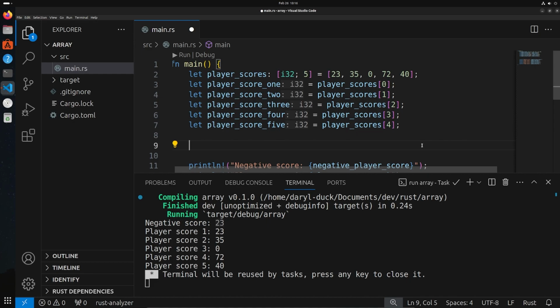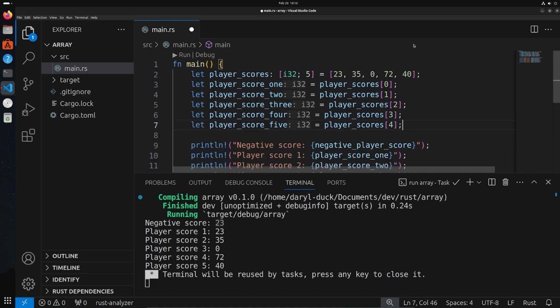Now, you can also initialize an array without hard coding in the numbers like this, right? What you can do instead is you can use this form of syntax. So say you want all the scores to be initialized to 0 at the beginning of a game or something, right? So I can say, okay, I'm going to set 0 to everything. And obviously, I'm going to do that 5 times, right? Now, if I save this and I run it,